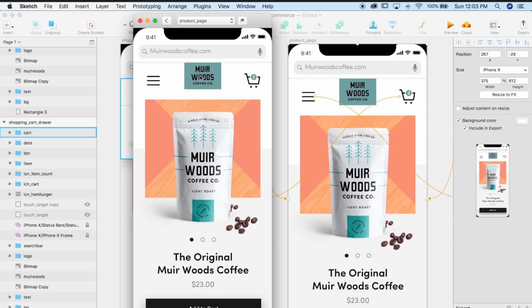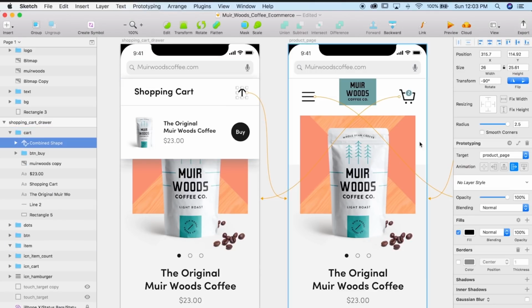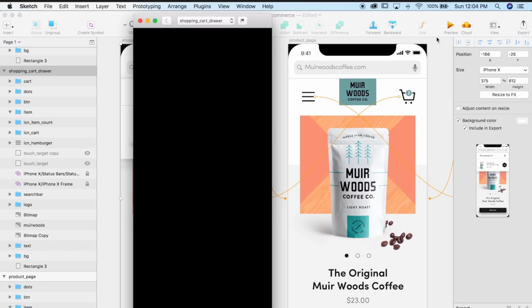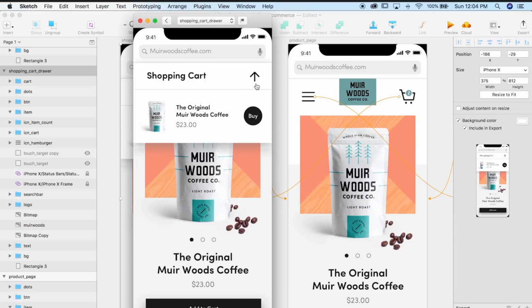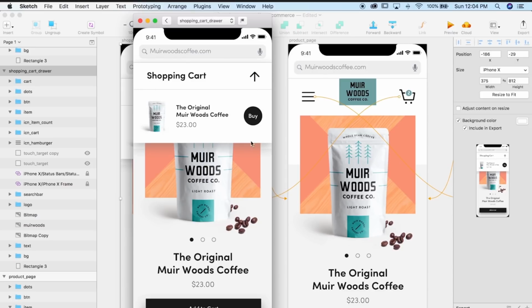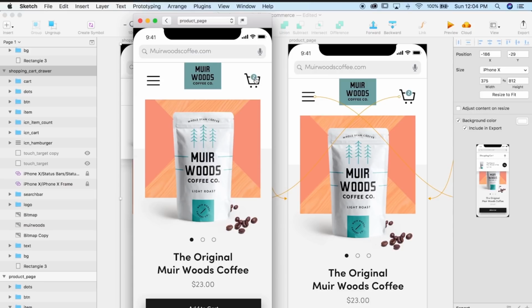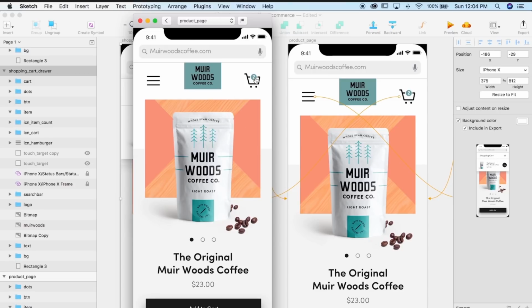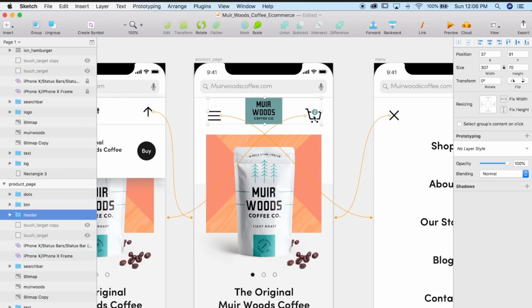Cool. I might actually not have that wipe happening on there. I might just make it a straight interaction like that. Let's see how that looks. Cool. So ideally this would slide down. This is what I was saying, like with Sketch right now, you can't just have this slide independently from the background. I don't think. I could be wrong. If somebody knows a way, please let me know. Maybe I haven't tinkered with this enough, but to my knowledge, it's just artboards that you can animate, not independent elements.